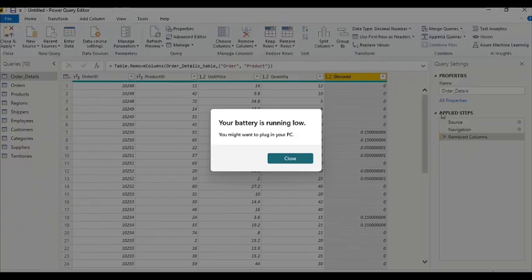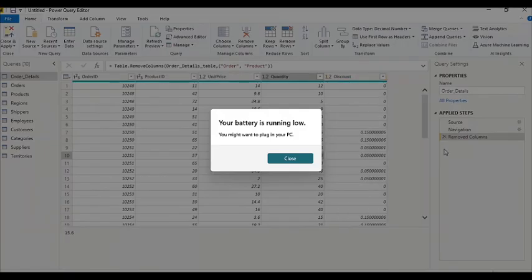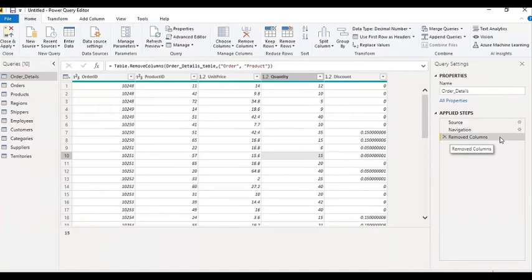So you can see here applied steps. In applied steps, whatever operation you perform on your table, on your data, everything will be captured here as a step. Like I removed the columns from my table, so it captured that step as removed columns. Now let's say I rename any column. So this is unit price. So here what I'm going to do,